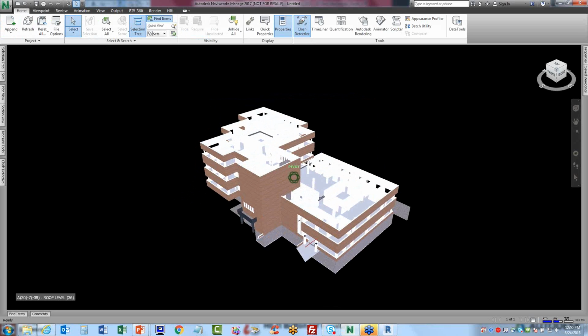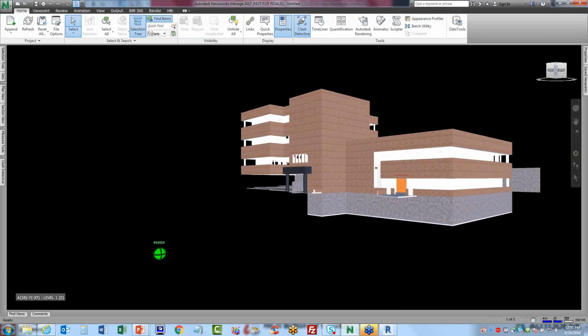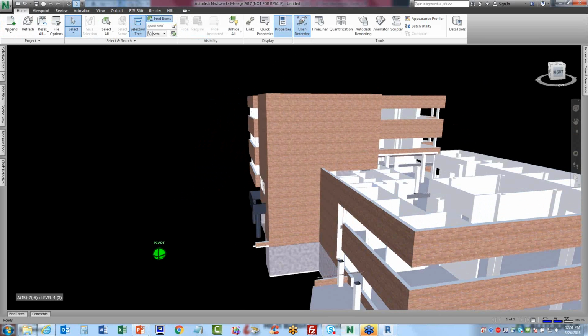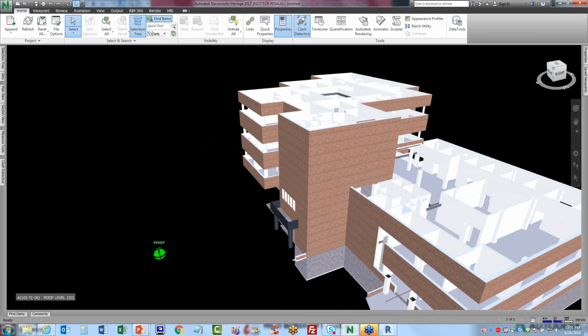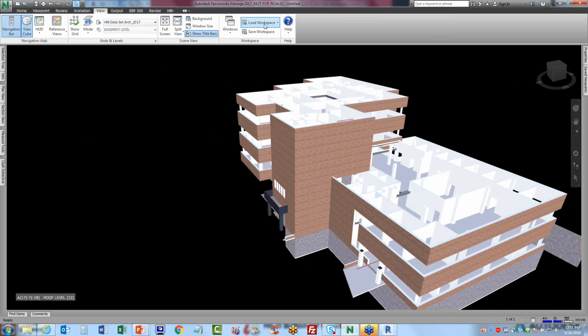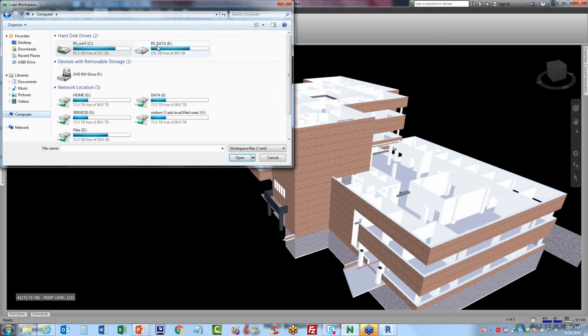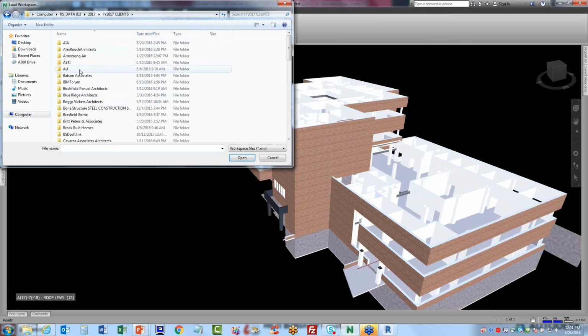And here they are. If you look very carefully, you can see that the ducts are sticking out of the walls here. Okay, so we'll go ahead and proceed. Let me load in a workspace that I've saved in advance, and that is going to be the workspace for the HILTI Firestop Manager,